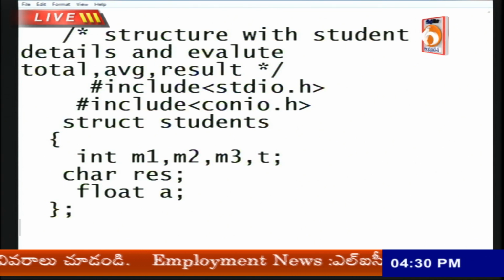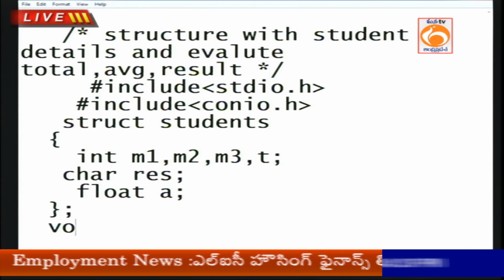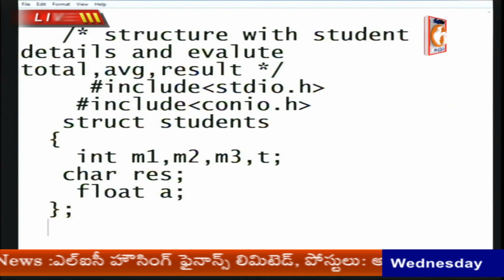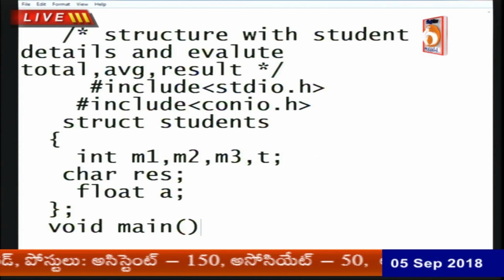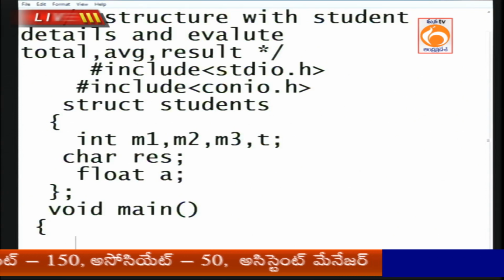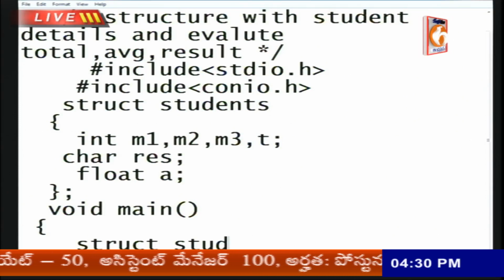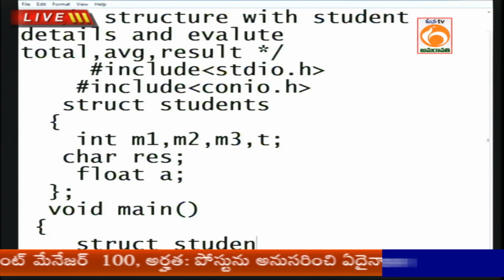The structure declaration ends with a semicolon. Inside of main, struct students,